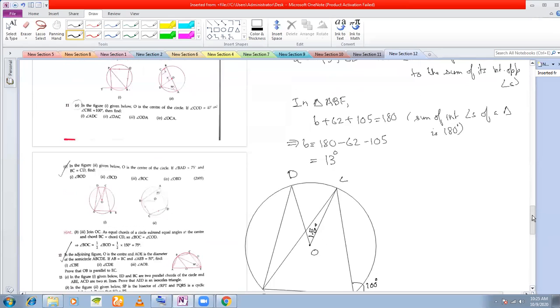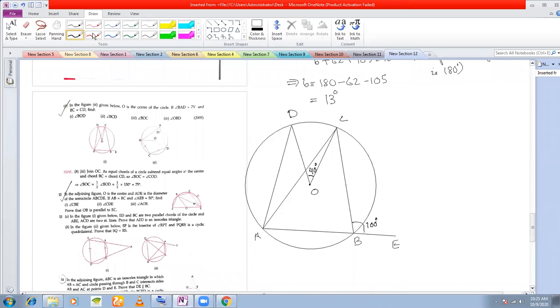Okay. Find ADC. First unknown angle is ADC. Okay, they have joined this also. So let me join. There is one chord DC. Fine. So I will say the angle ADC will be equal to angle CBE, because exterior angle of a cyclic quadrilateral is equal to its interior opposite angle. So this angle we have found. Okay, I'm not writing. You can write it on your own. So this is 100 degree.